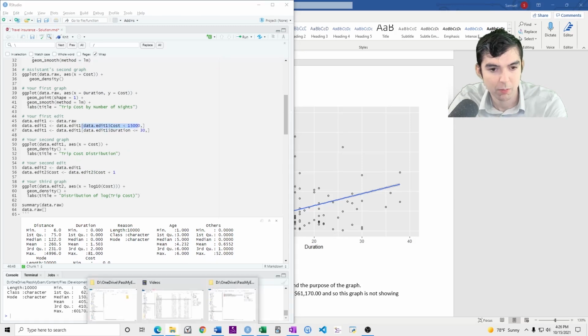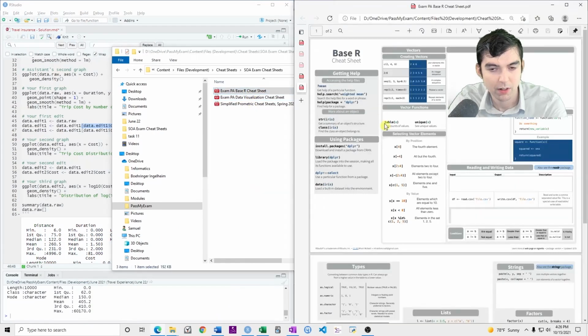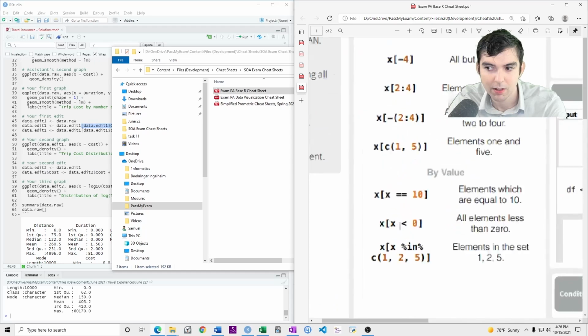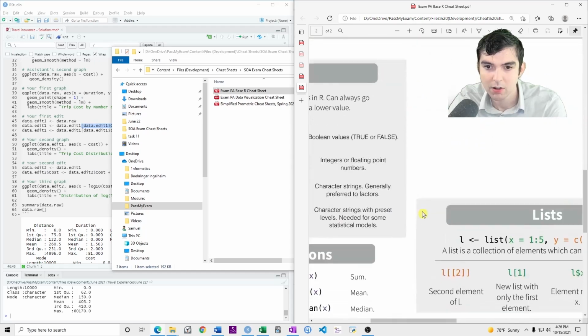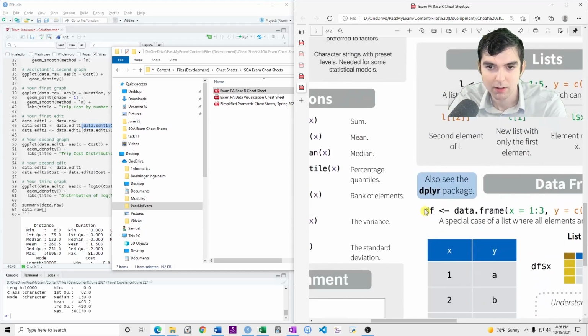If you don't understand what I'm doing, you could also look at the cheat sheet for base R, and what you want to look at is selecting vector elements. Right here, it's selecting a subset of the vectors given a condition, and also here, matrix subsetting. That's what you're doing. You're looking at a subset of the rows given this condition.